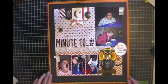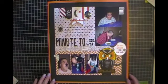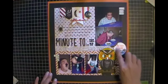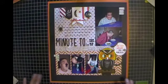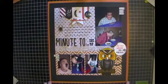And my next layout is again part of the party that I host. I try and have some games, and this year I played some minute to win it games. And so I did a lot of searching online, on Pinterest, YouTube for different games that was suitable for young and old, so on and so forth. So that was a great hit, those games, and there's so many to choose from, and it doesn't cost a lot of money to play these games. A lot of the items you can use from your home,